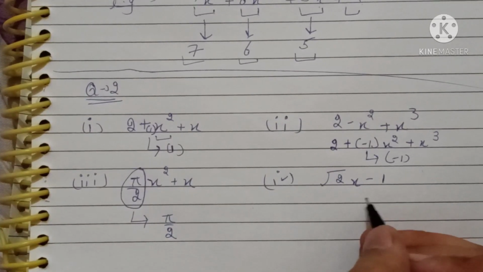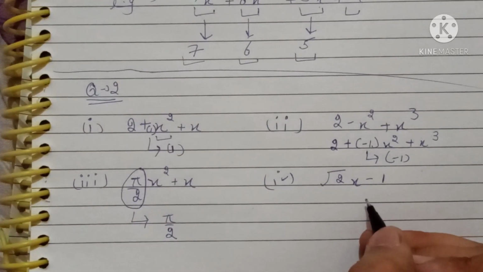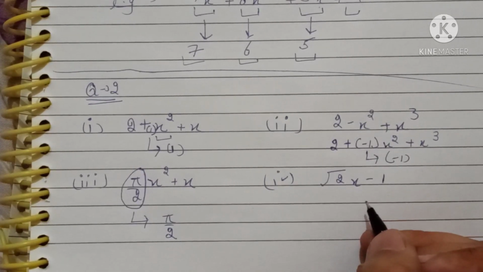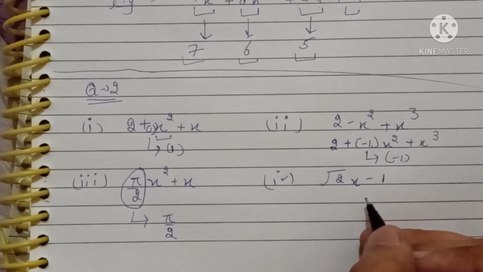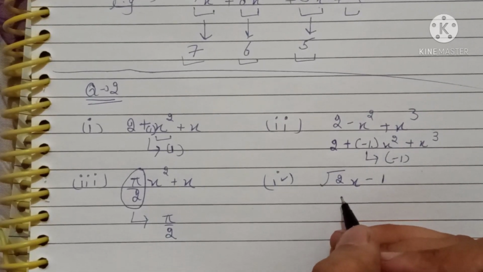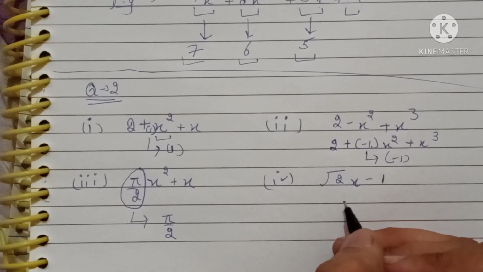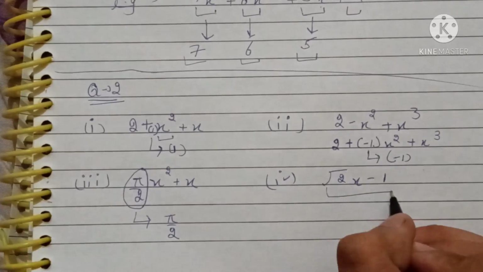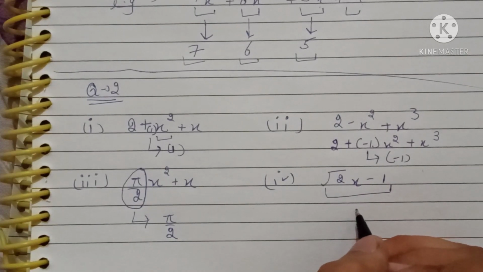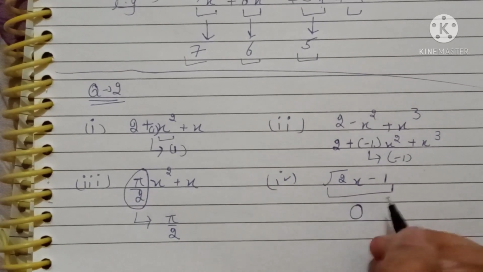Now here there is no term like x square. So you should not say the coefficient in this polynomial is under root 2. Remember, the question asks what is the coefficient of x square, but there is no x square in this polynomial, right? So the coefficient of x square you would write as 0, because there is no x square in the polynomial.